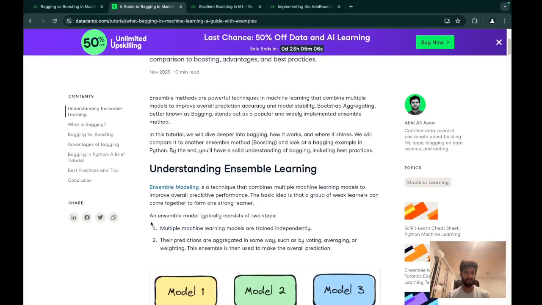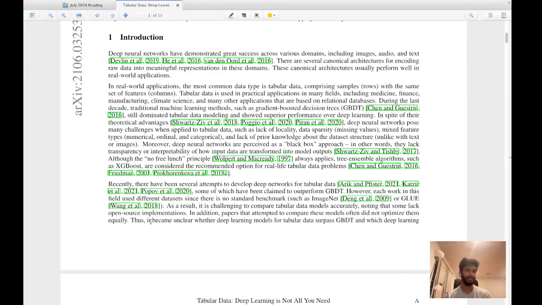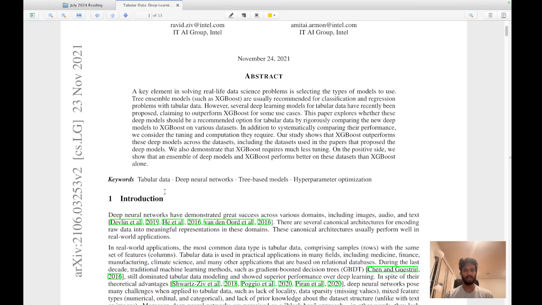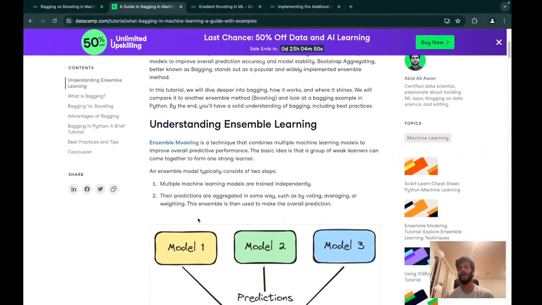By the way, the reason I'm looking so much into boosting or bagging is because we are using XGBoost in this paper. That's the main algorithm that's being tested with other models. So it's only fair to actually understand what model they're using. So anyway,